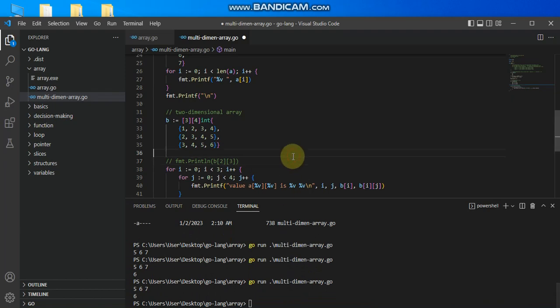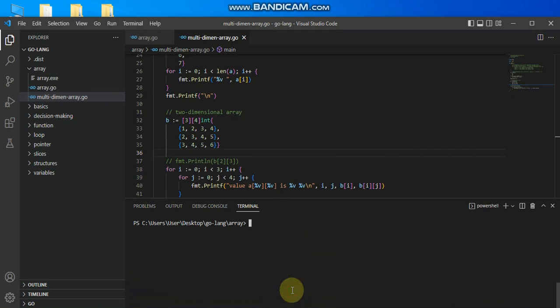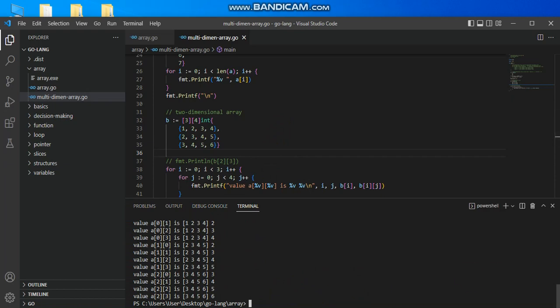Oh, sorry, I haven't saved my file. So I save and I clear my screen first and I rerun. So as we can see here, what I have is the